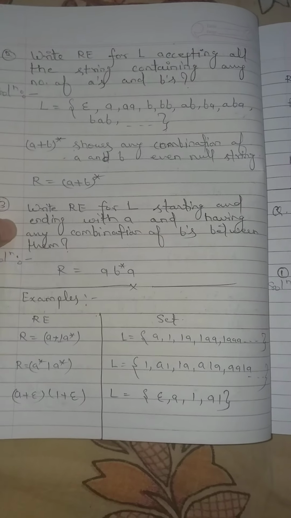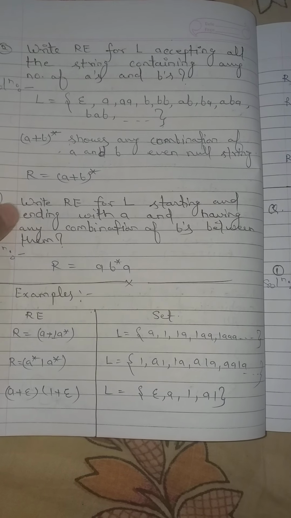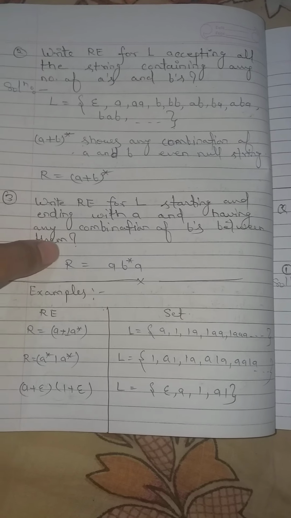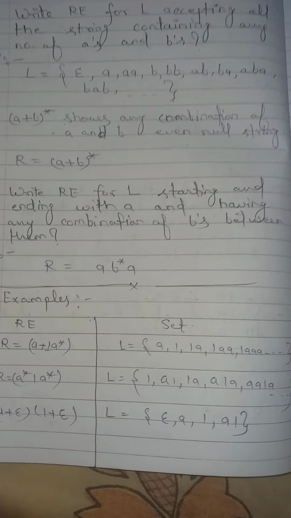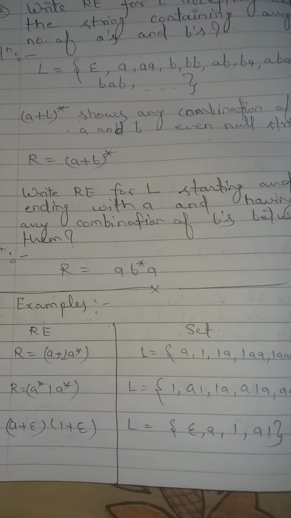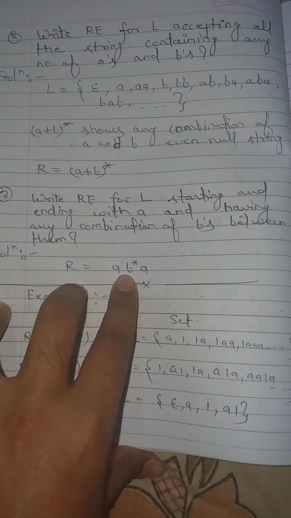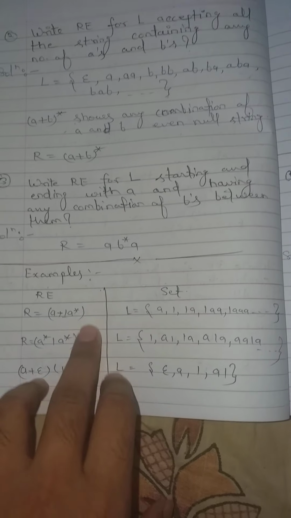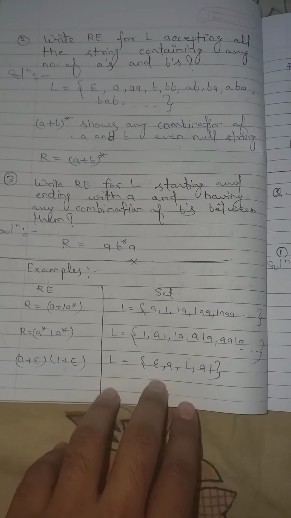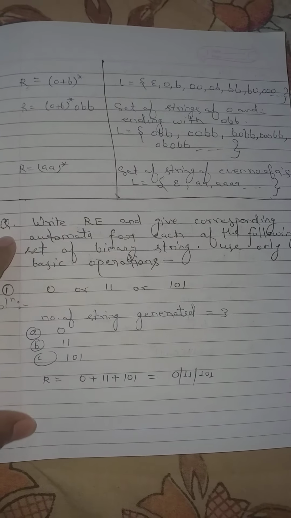Kleene closure. In the next question we have strings starting with a and ending with b, and we have any combination of b in between them. So this is the required answer. How can we write it? The string should start with a and end with b, and b star represents any combination of b. You can also see this type of example. You can pause the video and try to solve it, and if you have any query we will discuss it in the next video.